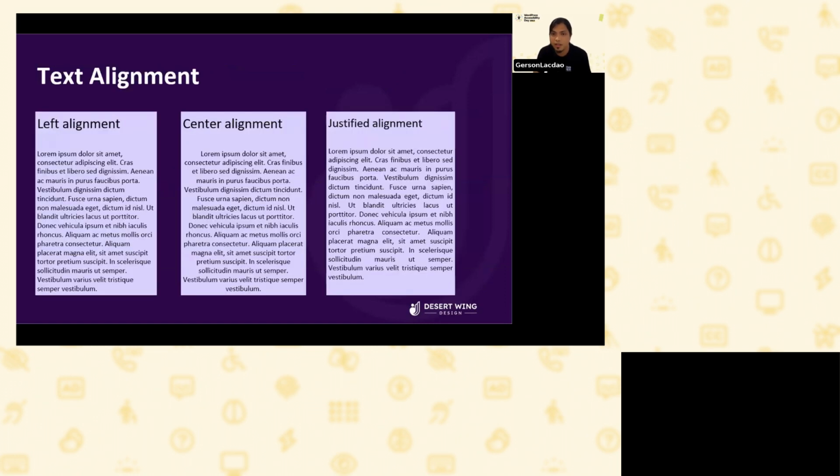So let's get started with the text alignment. Our brains are mostly wired to read and process left-aligned text, unless you come from a part of the world where text is written from right to left. But generally, left alignment is really good for readability and accessibility, because as you can see, the beginning of each line is perfectly aligned to the left,